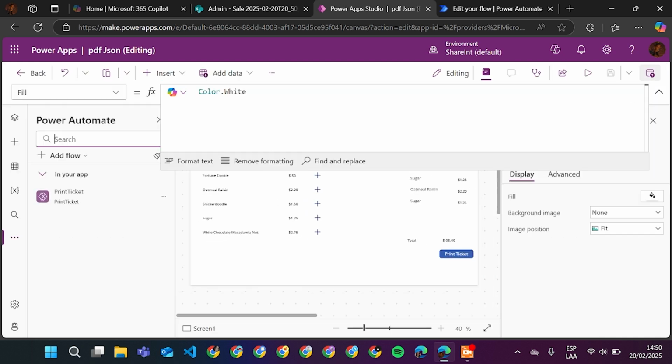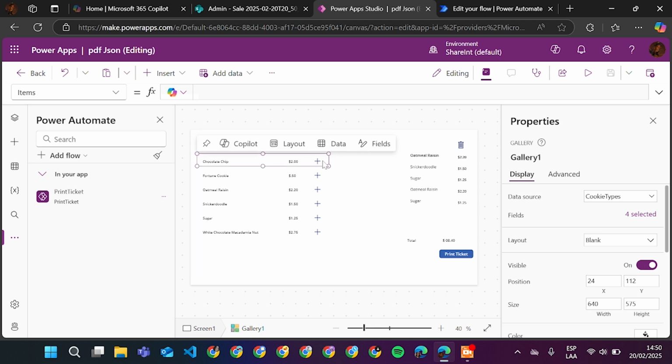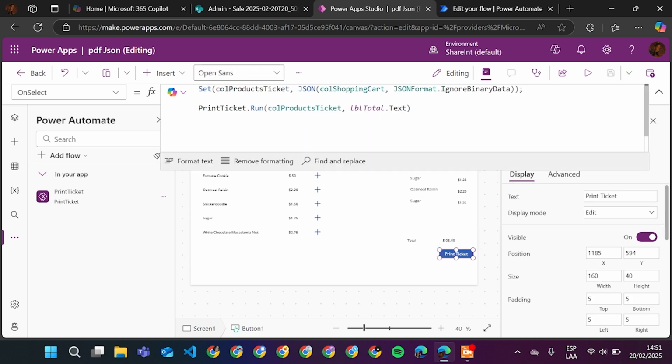Now let's see how the app works. For the add button in this gallery, we have a collect function, and when clicking this button, the button will add to a collection, adding the ID, the product, and also the price. Here we have the empty shopping cart, and then for the main button, here we have a variable, and here